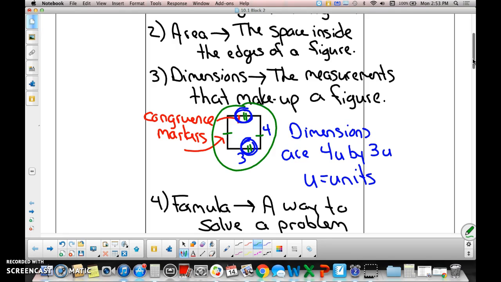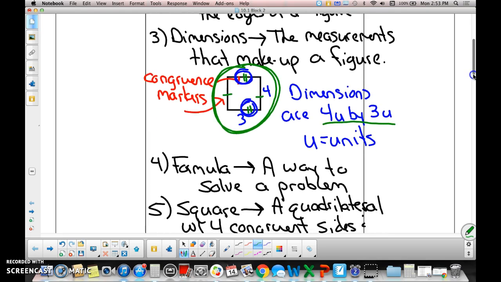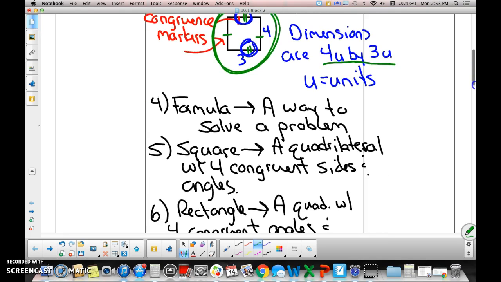Go. 4, 3, 4, 4. The dimensions would be 4 by 3 since it is a rectangle, or 3 by 4. Does this shape look like a square? Yes. Is it a square? No. Do you go by looks or do you go by actual dimensions? Actual dimensions. Beautiful. And then the last vocab words